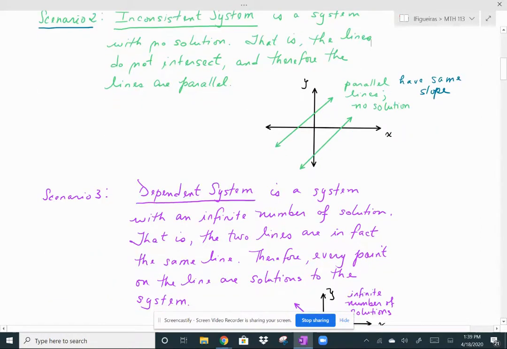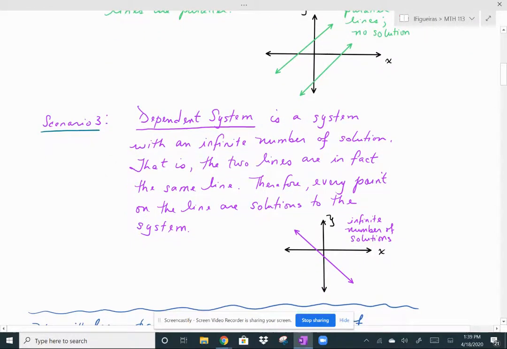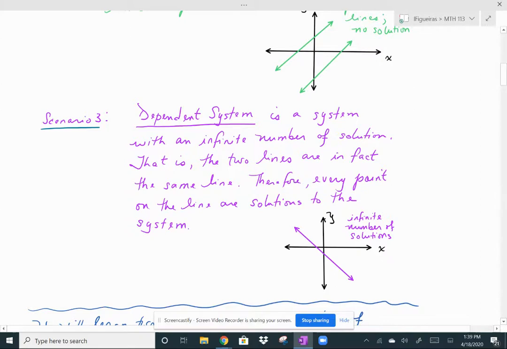And then the third scenario is called a dependent system. A dependent system is a system with an infinite number of solutions. That is, the two lines are in fact the same line. So although when you state them, they might look different, they might have different coefficients and so forth, when you actually plot them, one line sits right on top of the other line,